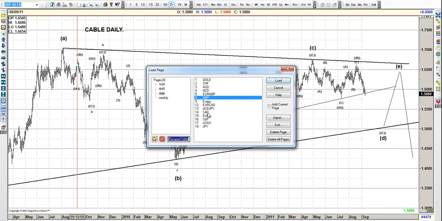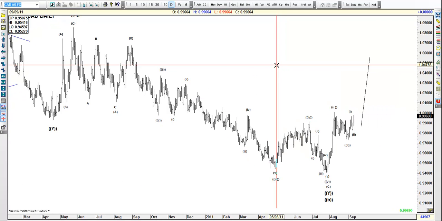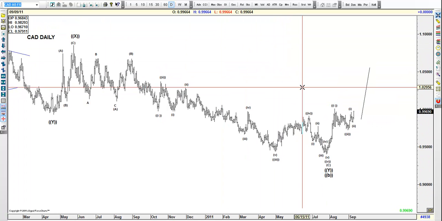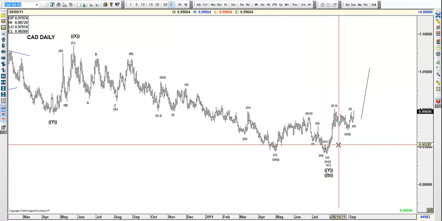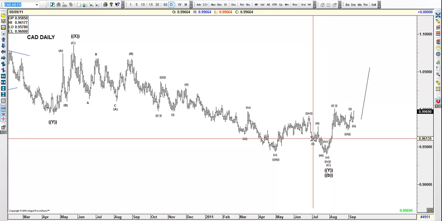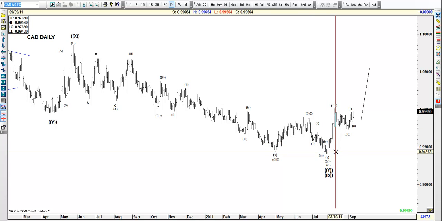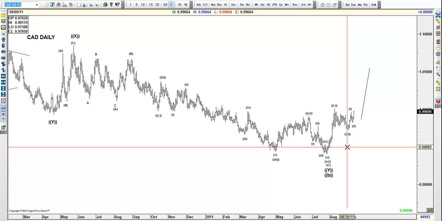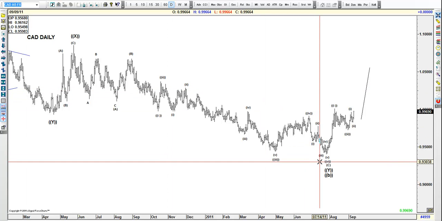Okay, then it comes CAD. I'm showing you here, guys, the only bullish count that I can come up with, and I have to admit it. There are things that I don't like, like this. I'm labeling it as a 1, 2, 3, 4, 5, but I really don't like it, guys. But at the end of the day, this is how Elliott Wave sometimes is. It's not a matter of whether I like it or not, it's that there is no other way around.